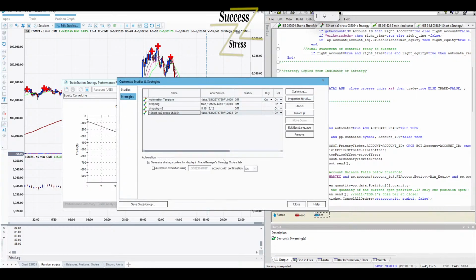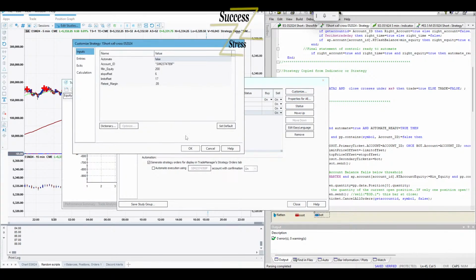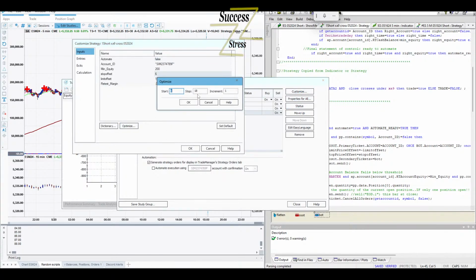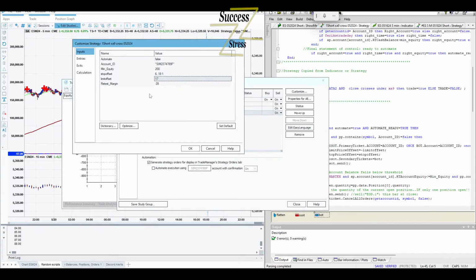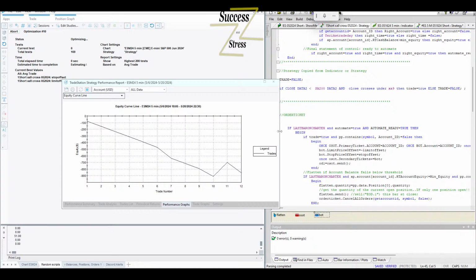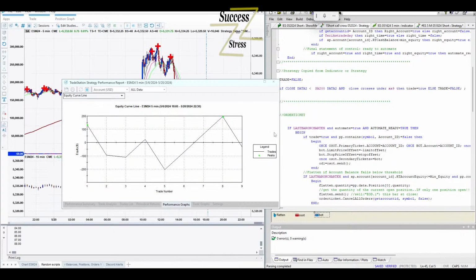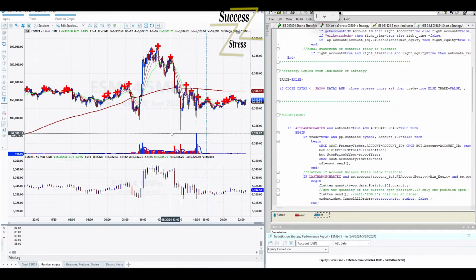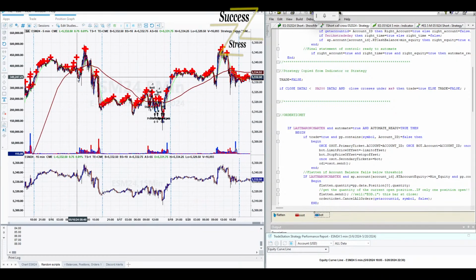Either it's not significant, or we need to come up with some other filters or some better exit strategies to get out before the chart reverses on you. Okay, didn't take a ton of trades. Got some drawdown there. This drawdown in here. Yeah, I said that's all I was going to do.